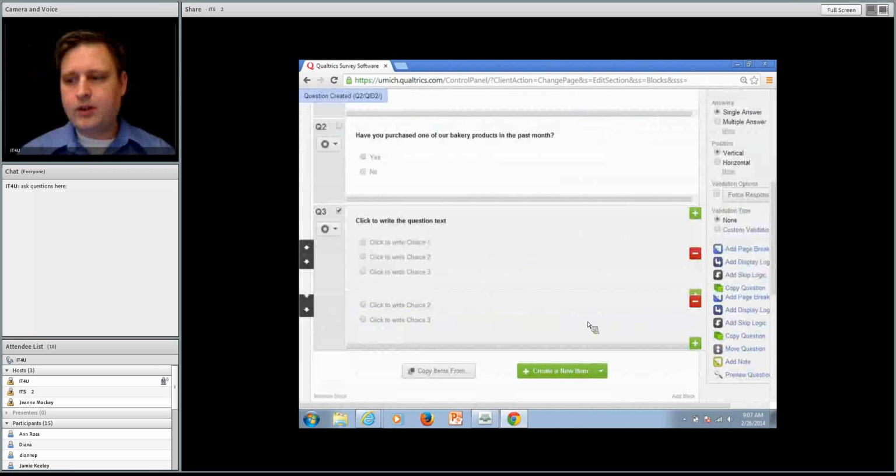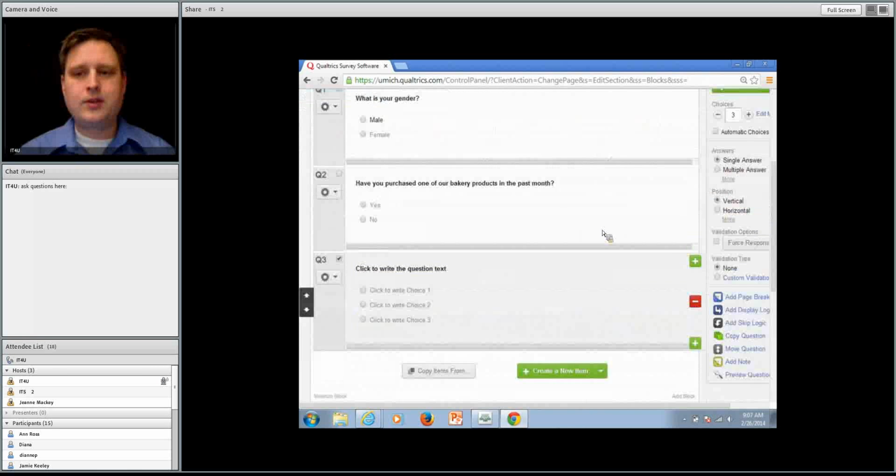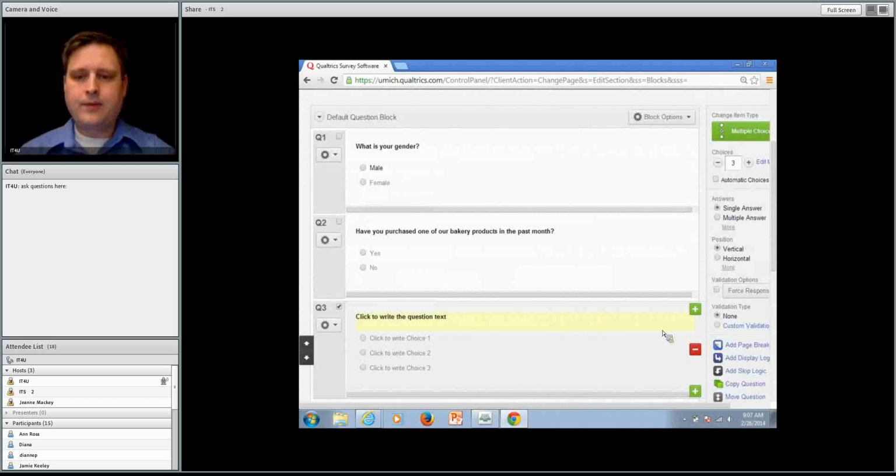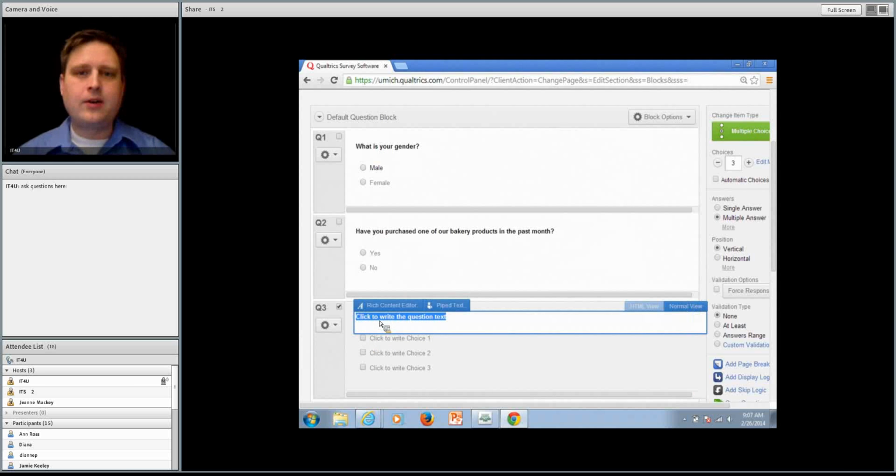Let's see. I'm going to add another question here. This one's going to be a multiple choice kind of question. So I'm going to go over to the right here and choose multiple answer. See how the round ones changed to square ones? You probably know that's web shorthand. Round means you only get to choose one. Square means check all that apply. So we will say